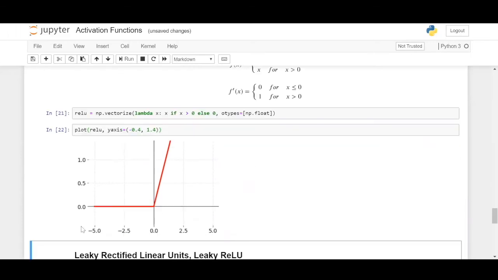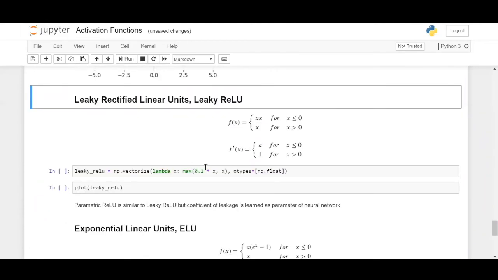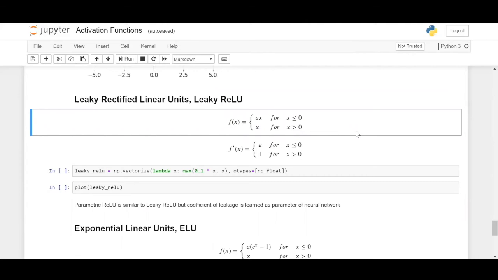I'd highly recommend that you keep this graph in mind because you'll be using ReLU activation functions a lot when you are working with neural networks. Okay, so let's get into the small implementation of a variant of the ReLU activation function, which is the leaky ReLU activation function. So this is the function definition for leaky ReLU. Keep in mind that if x is less than 0, you will plot ax, and in the same way for x greater than 0, you plot x.